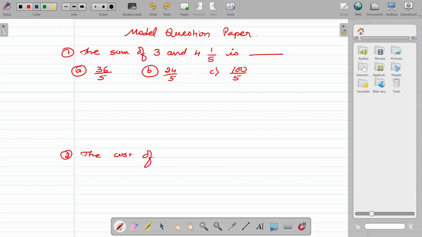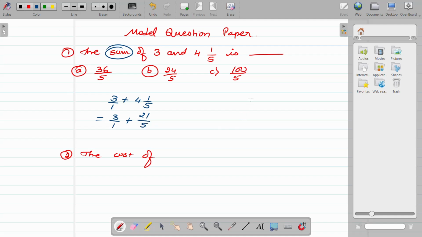So let's understand: the sum of 3 and 4 1 by 5 is what they are asking. Sum means addition, so we take 3 plus 4 1 upon 5. Whenever you get a whole number, you should understand that 3 means 3 upon 1. Then 3 upon 1, I will write as it is, plus 4 into 5, 20, 20 plus 1, 21